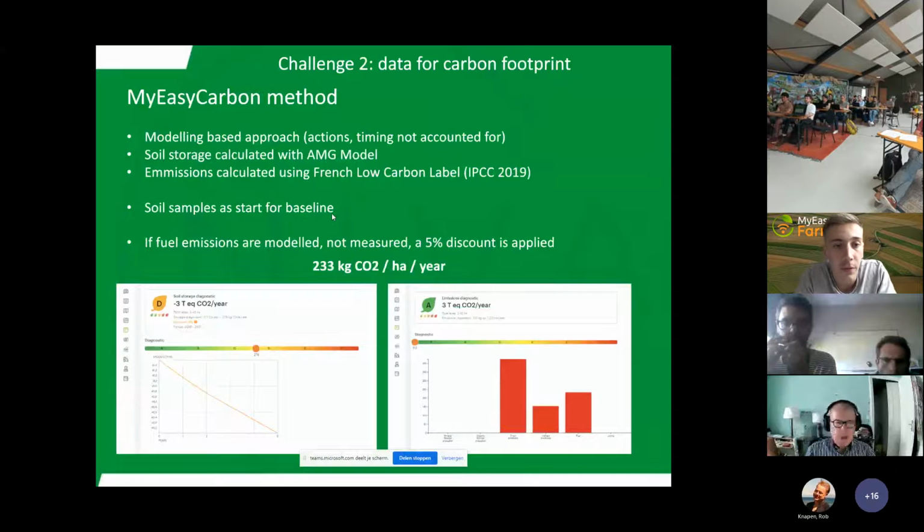So for the My Easy Carbon method, it's based on a modeling approach. For the soil storage, we use mainly a French calibrated model, which is the IMG model. And on the emissions part, according to the French low carbon label method, we use mainly IPCC 2019 algorithms. So yes, for the baseline on the soil, we use soil analysis, soil sample. And also here we can see